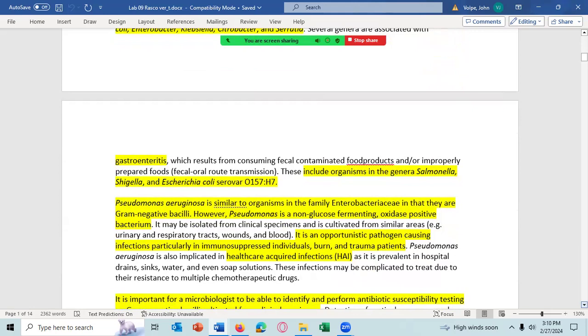These include organisms in the genera Salmonella, Shigella, and then certain strains of E. coli like Escherichia coli serovar O157:H7. These antigens, O157:H7, are